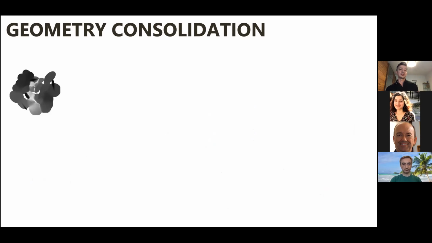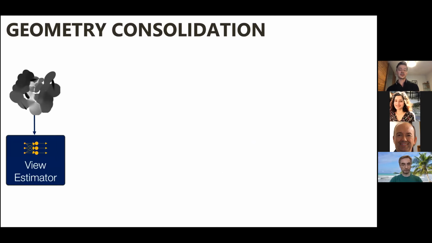So I just want to give you an idea of how the systems look. Let's assume we have a local geometry patch. In this case, it's a patch consisting of a bunch of points. I represented the points with disks here. And we would like to get a nice surface patch out of these points. So what you do is first, you estimate the view. So it's kind of a rotation and translation almost.